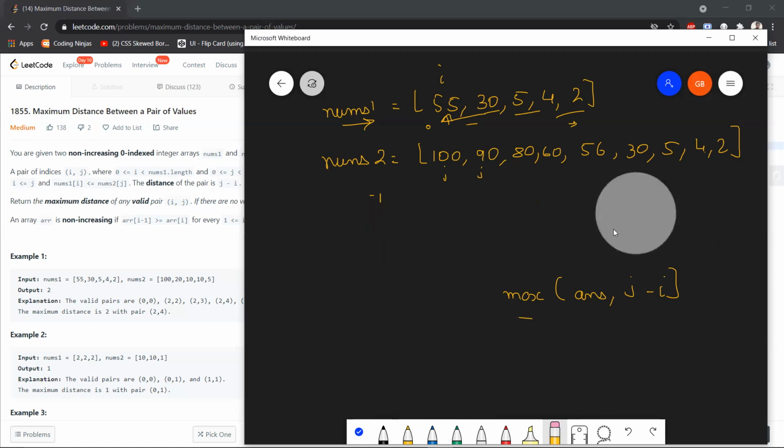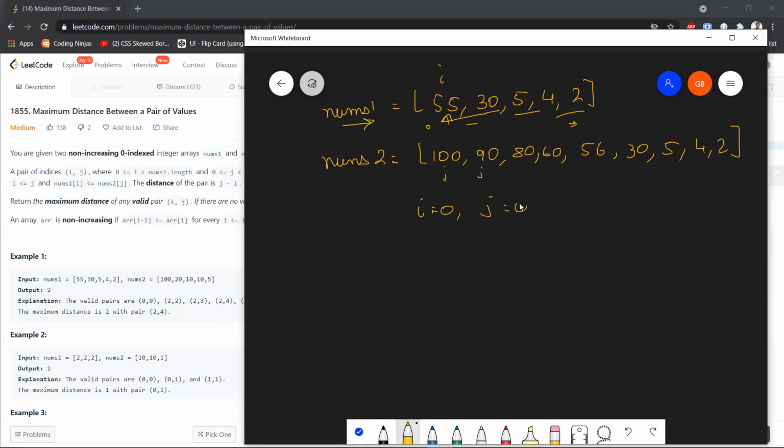So let me quickly jump over to refine this a little. It's very simple. Just declare i equal to 0, j equal to 0, while, now this is a two-pointer approach, if any of the arrays exhausts itself, we need to end it. So while i less than nums1.length, which I'm going to be assuming to be n, and j less than m, which I'm assuming to be the length of nums2.